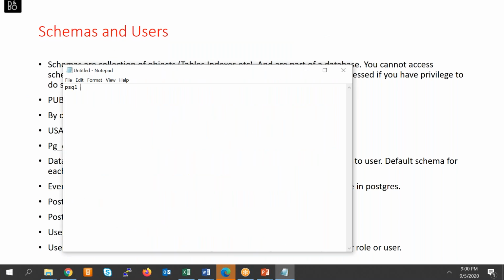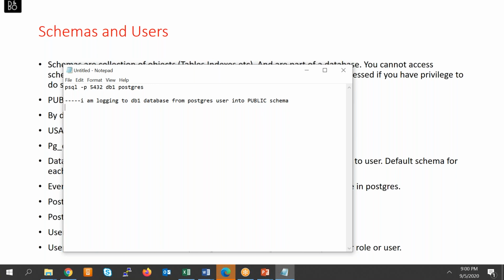So when I say psql -p 5432 db1 and Postgres, what it means is I am logging into the db1 database from the Postgres user into the public schema. So I am by default logging into the public schema using the Postgres user.